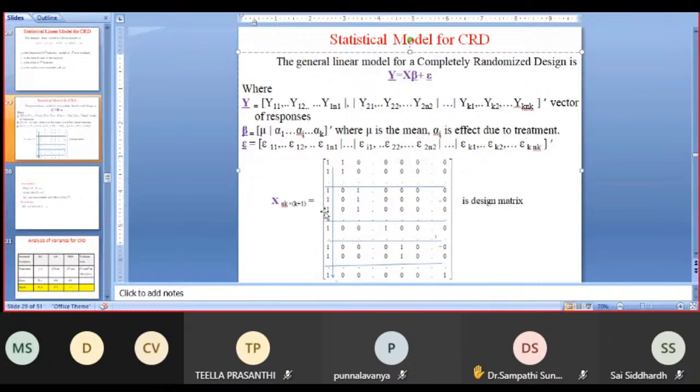Ones specifying those that are present, zeros those that are not present, right? Suppose X is equal to this matrix that you will replace, and beta is equal to mu, alpha 1, alpha 2, so on, alpha k. Mu corresponding is 1, always present. Alpha 1 is 1, so the first one, y11 equals mu plus alpha 1 plus epsilon 11, so that